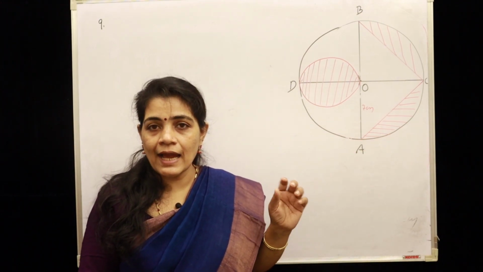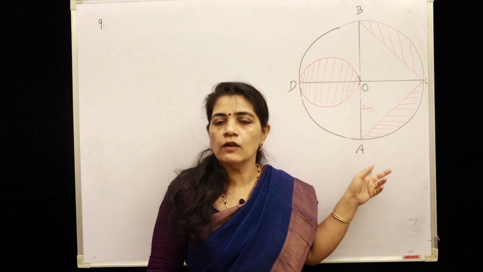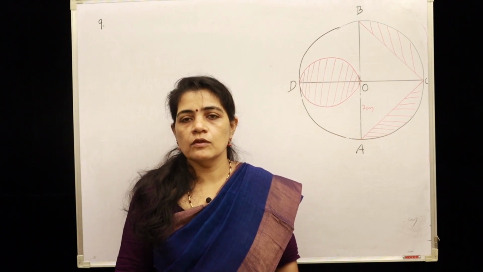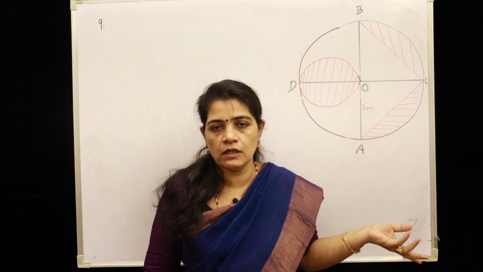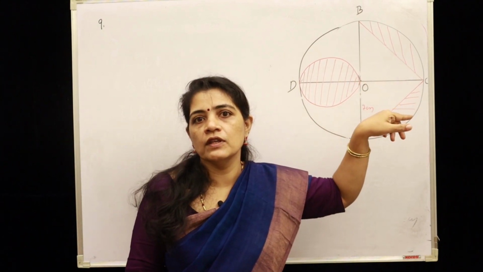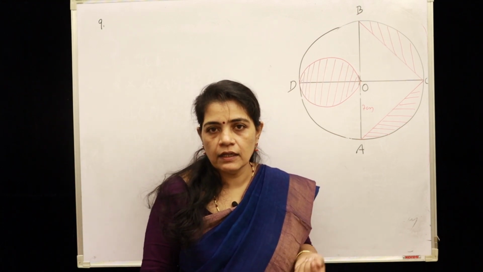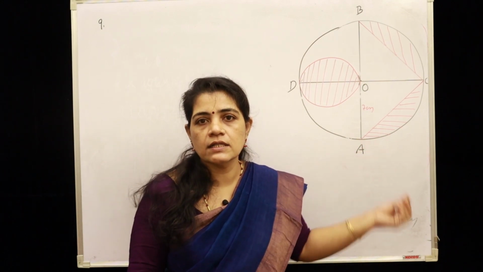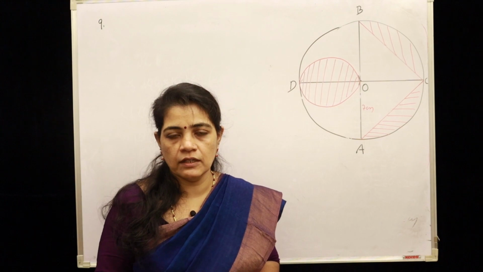Segment means the area enclosed by a chord and its corresponding arc. And what is asked? The area of these three shaded shapes. So we can subtract the sum of the areas of these shaded regions from the area of the circle, or you can just add the area of the small circle plus 2 into the area of the segment. So children, for finding that answer, only the length of OA is given as 7 centimeter. We have been given only that measurement to calculate the area of this shaded region.